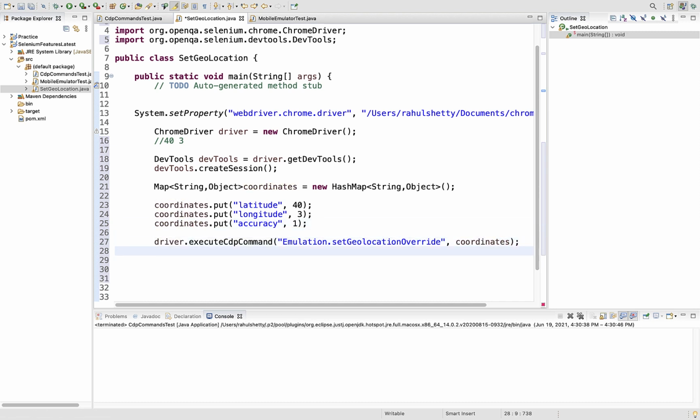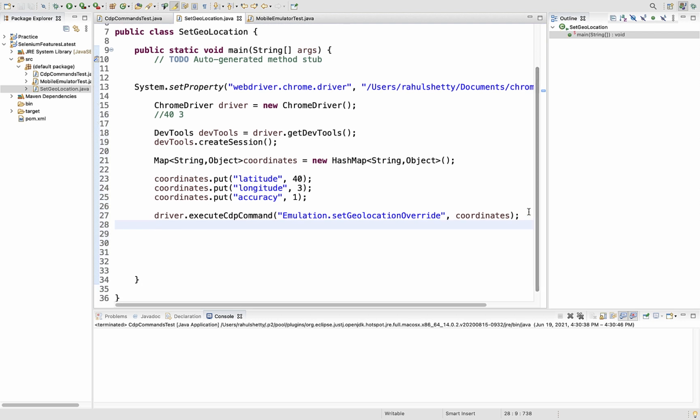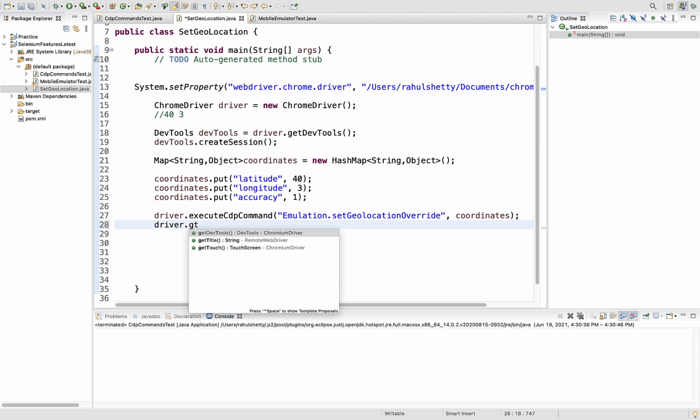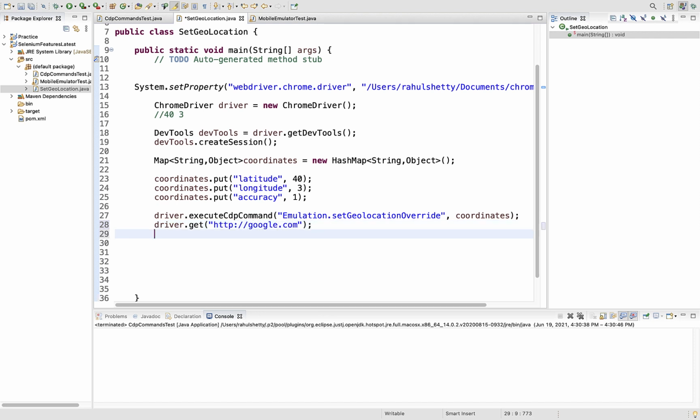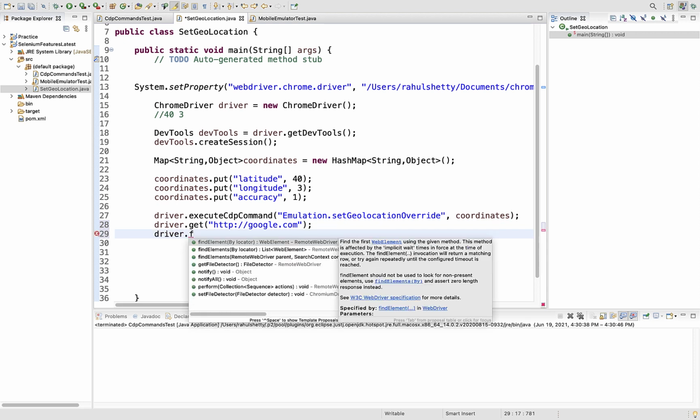Okay, awesome. So you have changed the geolocation on your browser, and now you can go to google.com, and there itself you will know how the application is behaving. So http google.com, and after you go to Google, let's say you want to search in the edit box with Netflix. So driver dot find element.